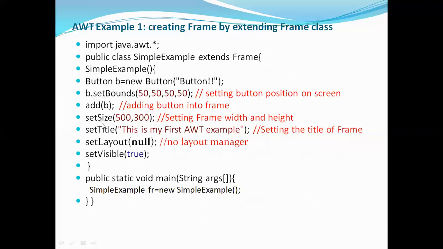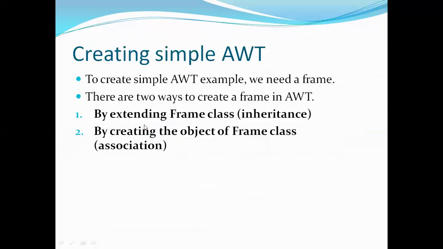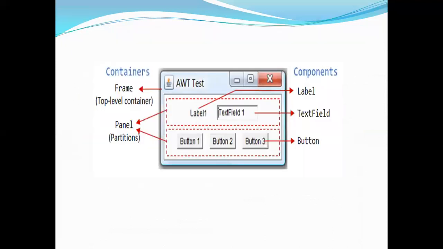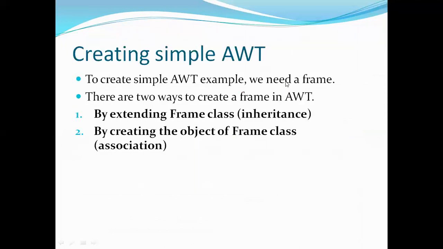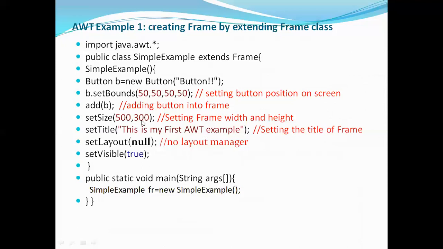Next is, for the frame I'm setting the size, using the method called setSize. Now setSize has two values, that is width and height. If you just observe the previous diagram, this frame here, the blue color one, has some size. So this size I'm indicating as width and height. So first parameter is width, second parameter is height. So those two values I'm representing in setSize.